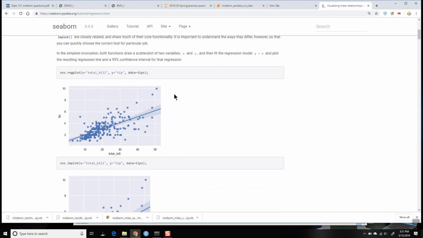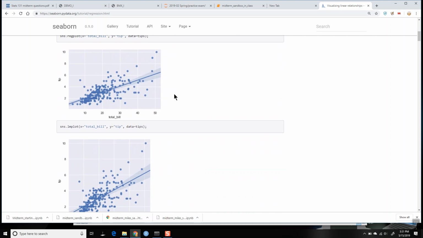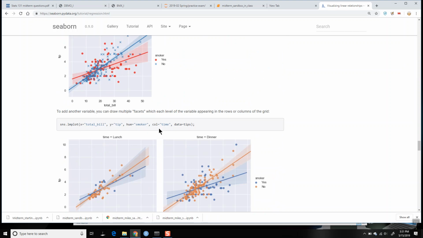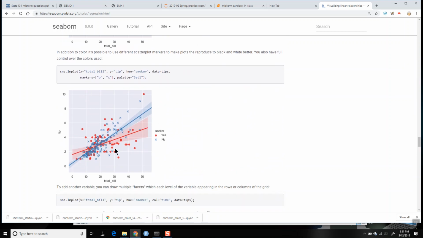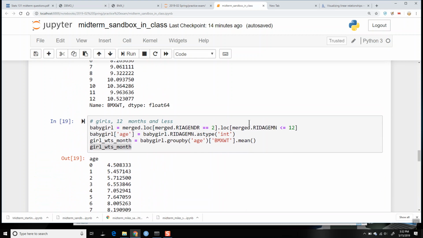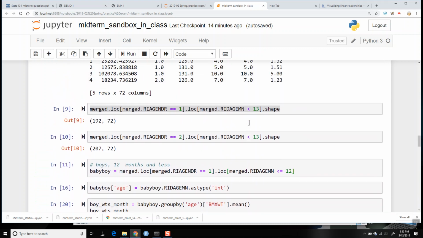I think we'll just go ahead and do LM plot, and this is basically what we want. We want one for boys and one for girls. So we're going to basically do X for the age, Y for the weight, and the hue will be the sex. And we're going to just take the data in our babies thing. So not baby boys and not baby girls, but we'll just do the original